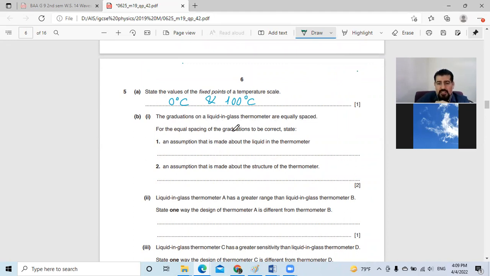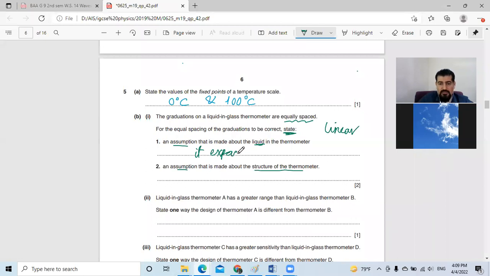For the equal spacing of the graduation, to be correct, I have to mention an assumption that may be made for the liquid and another assumption that makes the structure of the thermometer linear. That's why they are equally spaced. That means they are linear. So what I have to say about the liquid here is that it expands